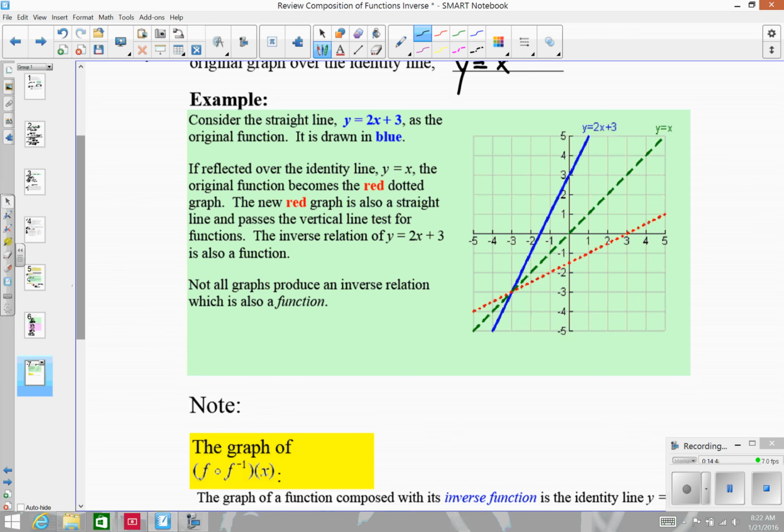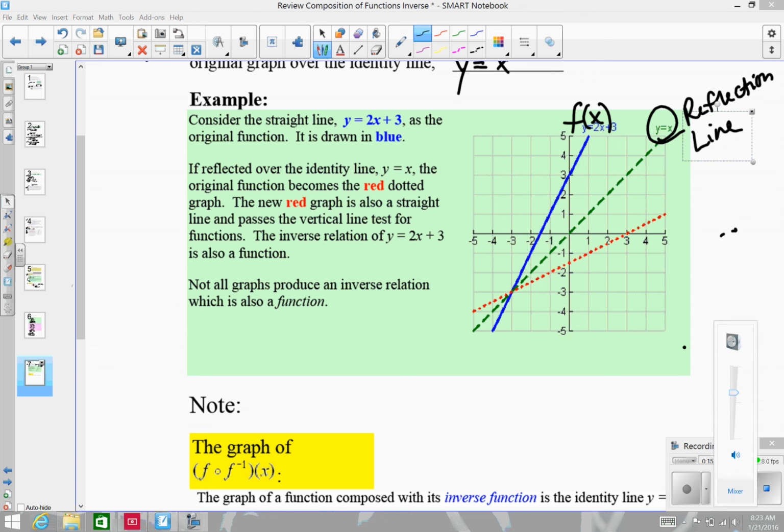So in this example here, in this blue, we have our function f of x equals 2x plus 3. I'm just going to label this one f of x. And in the green here is our y equals x line. That's our reflection line for inverse functions. If I reflect it, I'm going to get this red dotted line here,